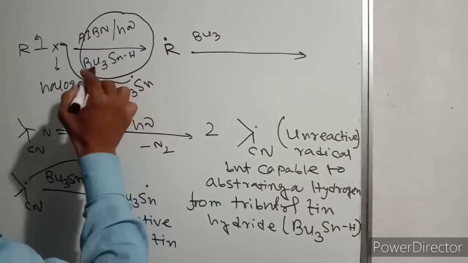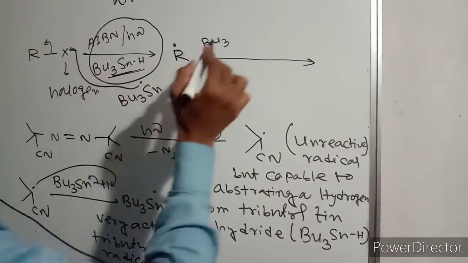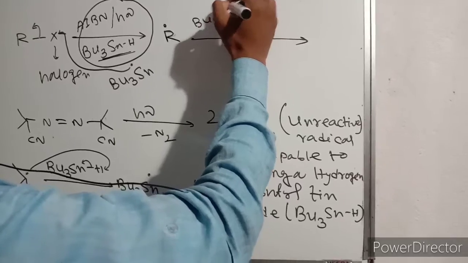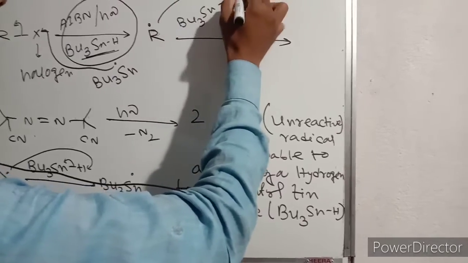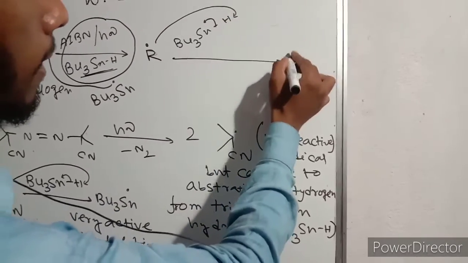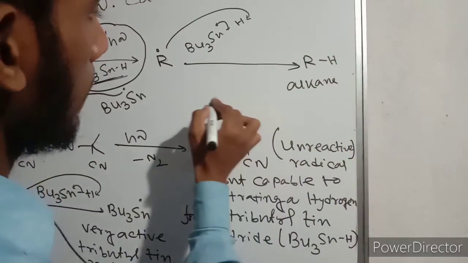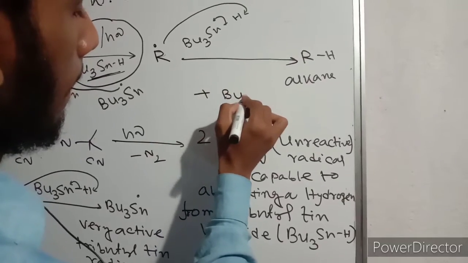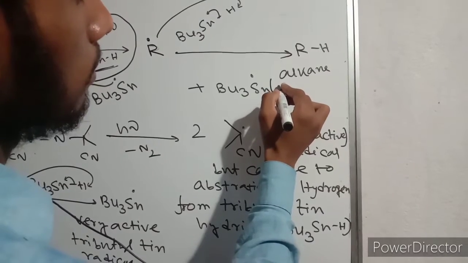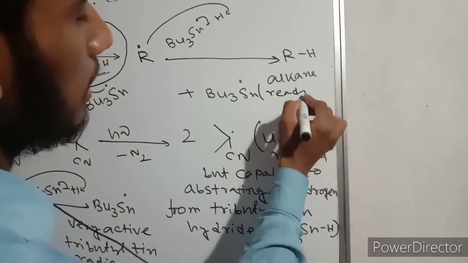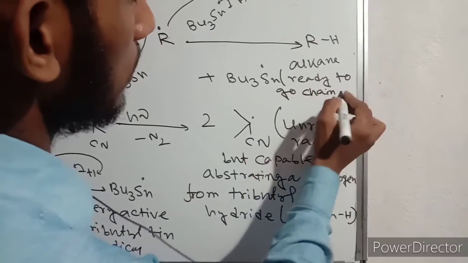To draw a model, we picture only one tributyl tin hydride, but under the reaction conditions, a number of moles of tin hydride will react. It is a chain reaction.